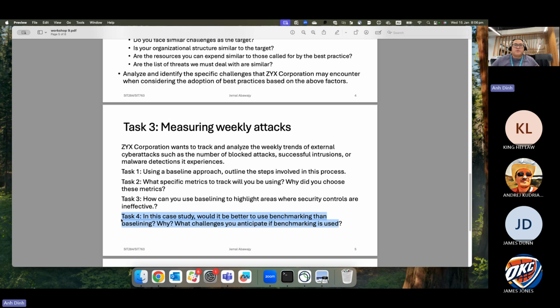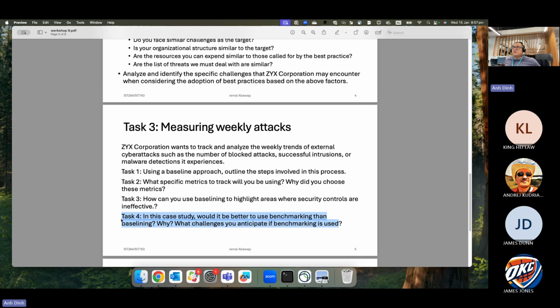Okay. But the opinion is that you would still start with baselining, right? Yes, start with baselining. But I wouldn't completely scratch off benchmarking if it's possible. Of course, it might not be possible. Yeah, I think we have an agreement here that we would start with